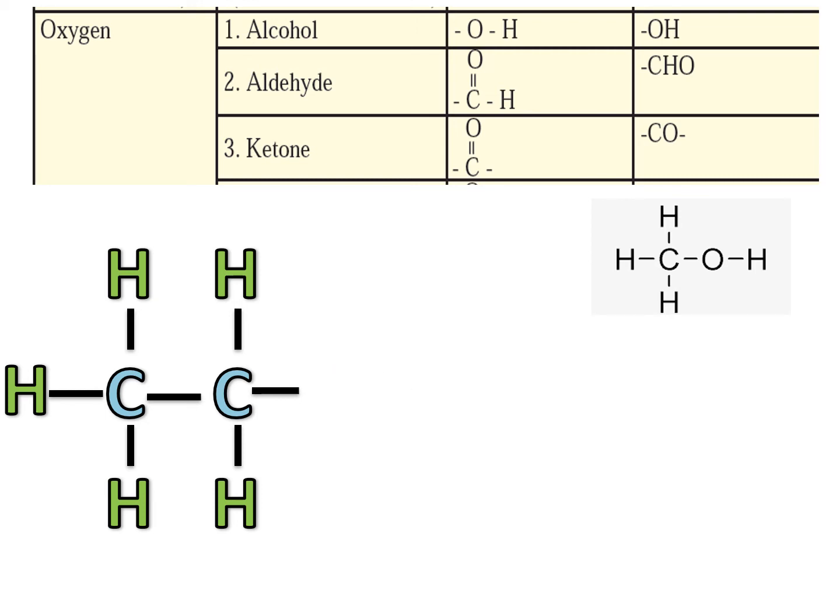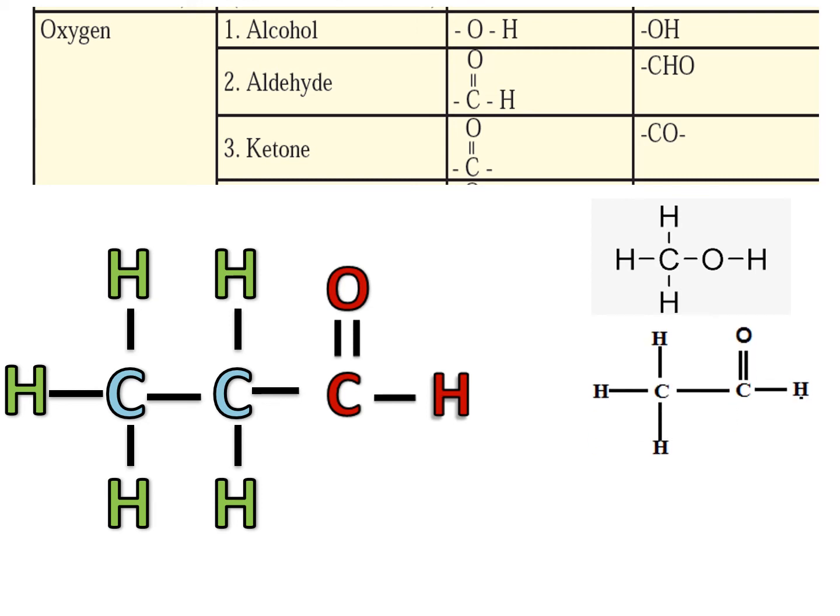When I replace the hydrogen atom with C double bond OH, which is read as CHO and not COH, it is CHO. CHO stands for aldehyde. This is an example of an aldehyde. If I have to read it, it will be read as CH3CHO. The aldehyde functional group is CHO, because O has a double bond, that's why it is coming at the exterior.